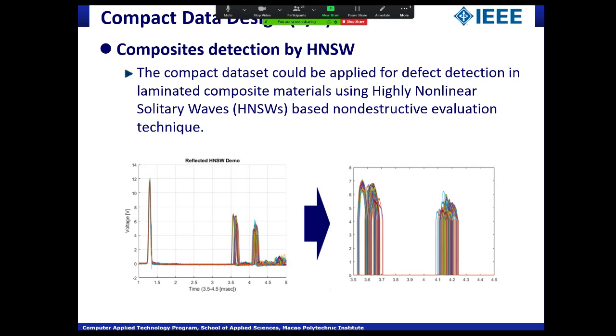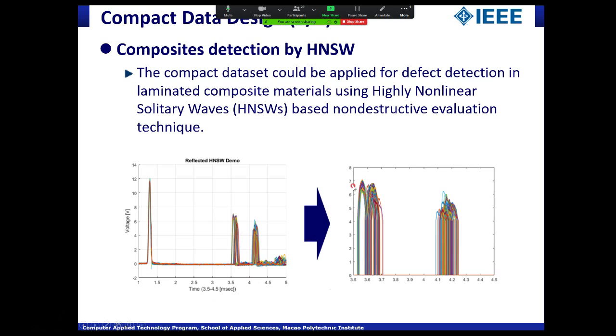It's a totally different area. It's part of civil engineering, where they're looking for machine learning techniques for the detection of defects in material. When you look at your left side, usually they collect data for around 1 to 5 microseconds. Still, there is a lot of data showing up. It's quite interesting because when I talked with the civil engineers, another professor I'm working with